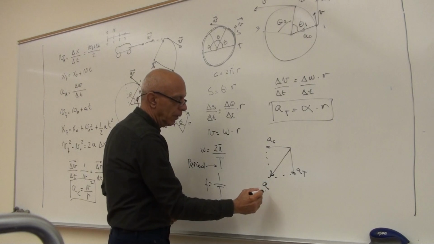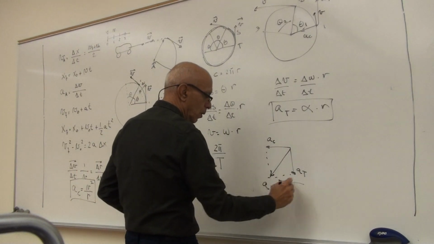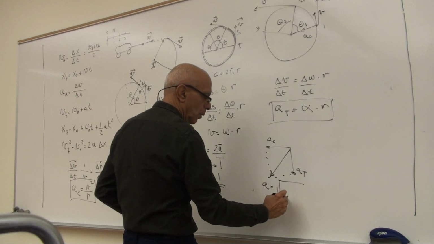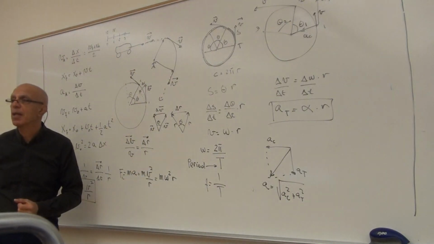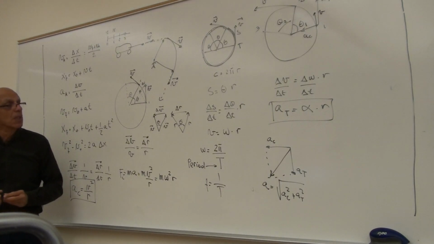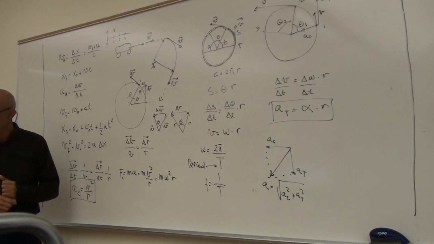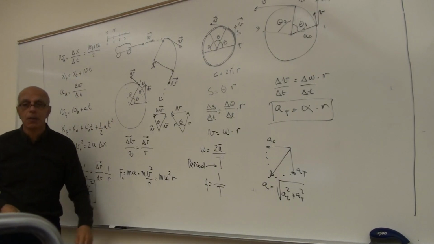So the acceleration is going to be equal to the square root of a_c squared plus a_t squared. That's it. So with that, I'm going to stop here today, and we'll